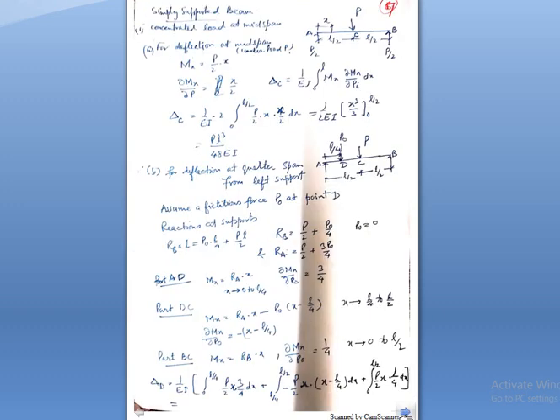Next, suppose there is a simply supported beam subjected to a point load at the mid span. How do you calculate the deflection at any point, say the midpoint C? We have to use this equation again: delta at point i will be equal to the integral of (1/EI) M_x dx.